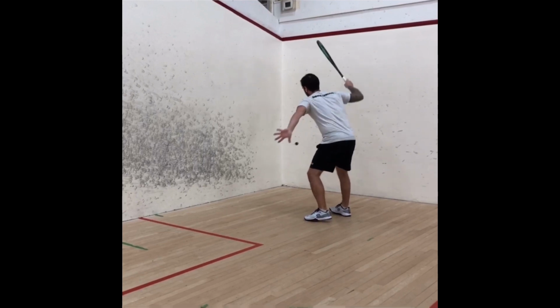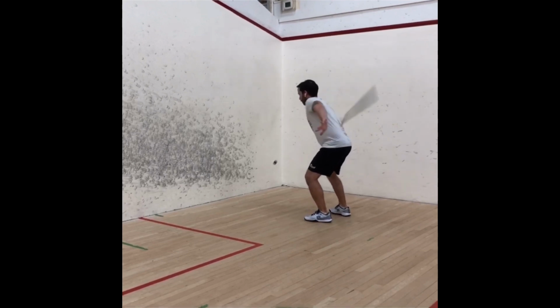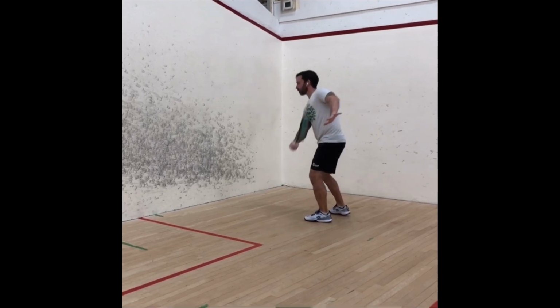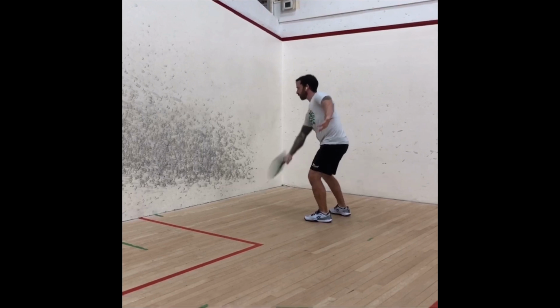So I know some people that I've tried to work on this with, they've had trouble with this, and what I would do is basically put a ball here and a ball just in front of there and put them on some plastic golf tees that you would use at the driving range, and just put them on like a little table. And I want them to be able to hit both balls off and hit them both straight, so that your swing is going parallel to the side wall and you're going to be able to hit that ball straight. And I think if you can hit both of those positions